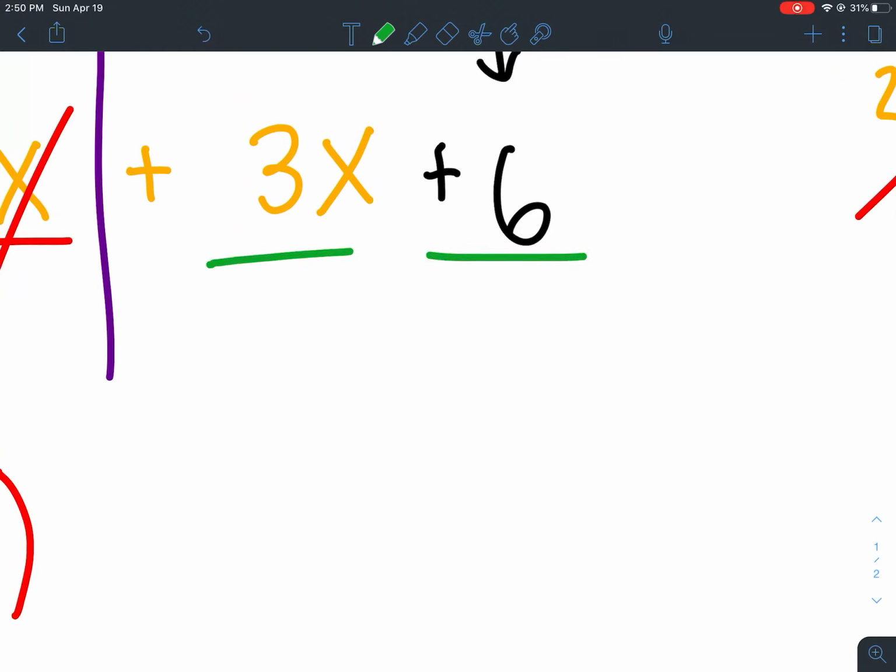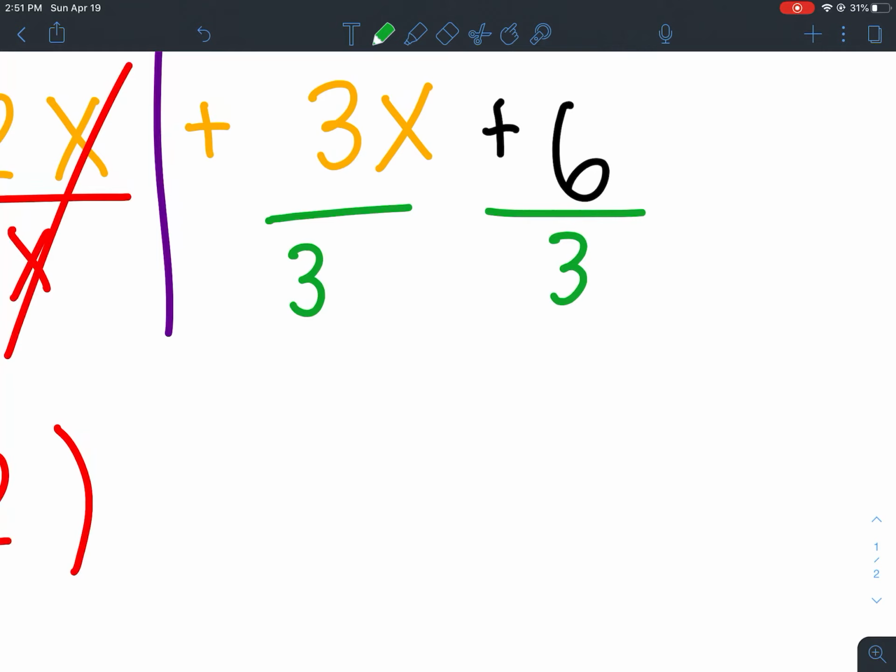Well, the largest number that goes into both terms is 3. 3 divided by 3 is the greatest I can take out, and I can take out a 3 from the 6. Can I take out any x's? No. So the largest number I can take out is a 3, and it's a positive 3. So I'm going to take out positive 3. All right. Now,